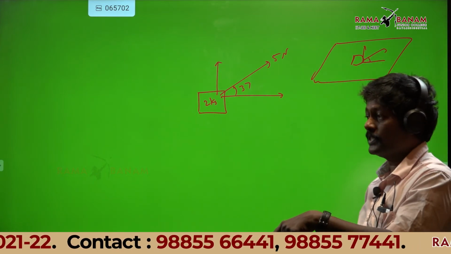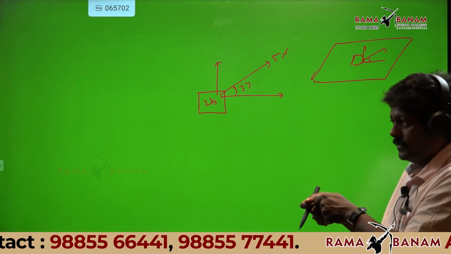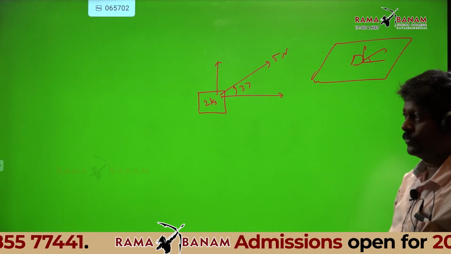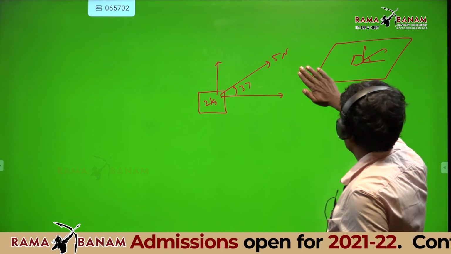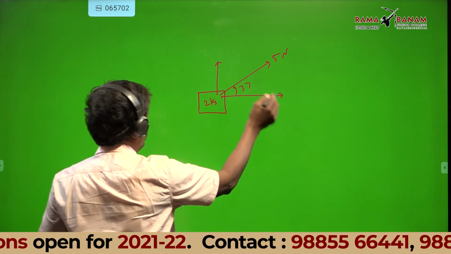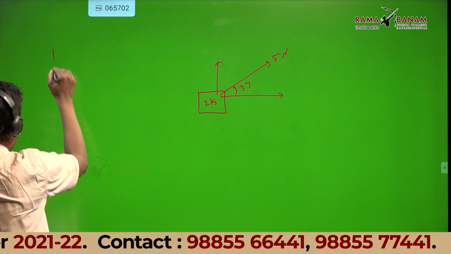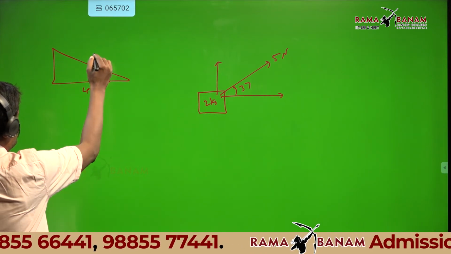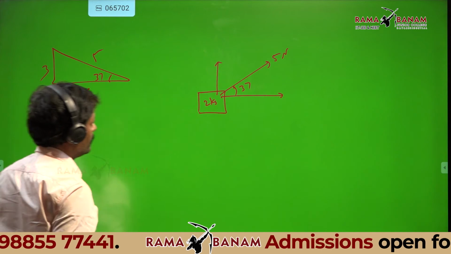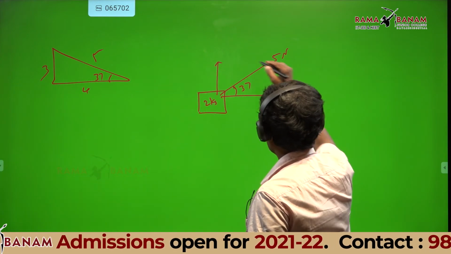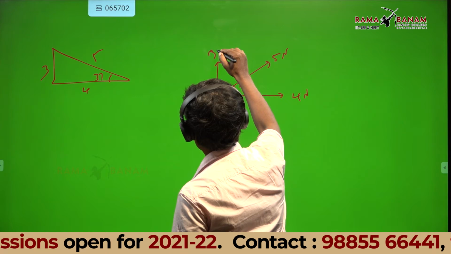What did I do in the previous case? I applied at an angle of 37, vertically I am going up. This 5 Newton is along the floor. So you can find the components here. One of you tell me the components. Again the triangle, 37, 4, 5, 3. This will be how much? 5 cos 37, 4 Newton. And that is 3 Newton.